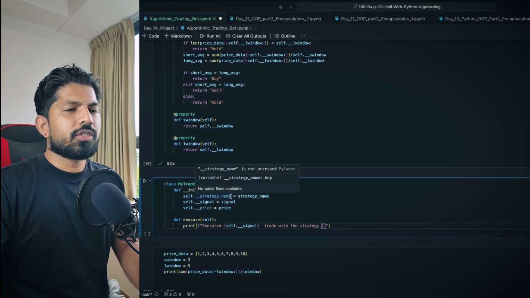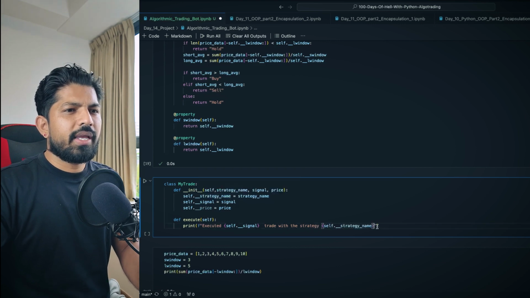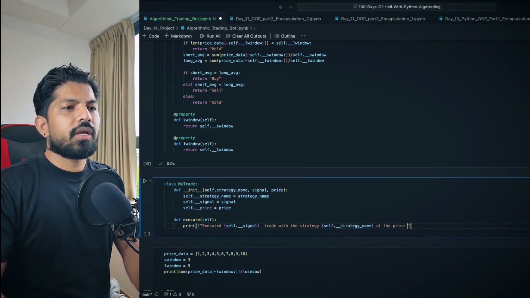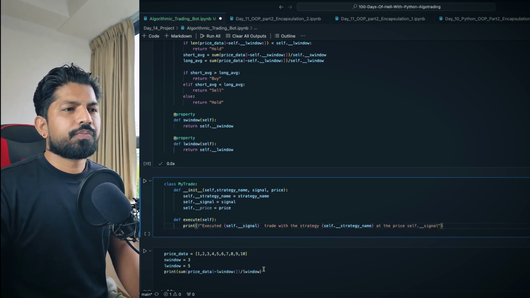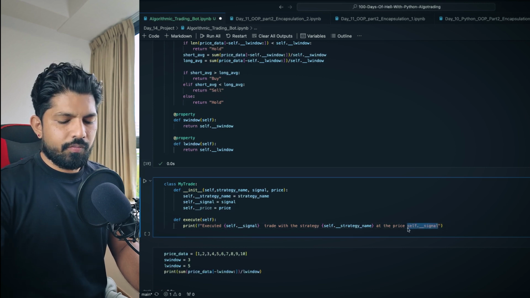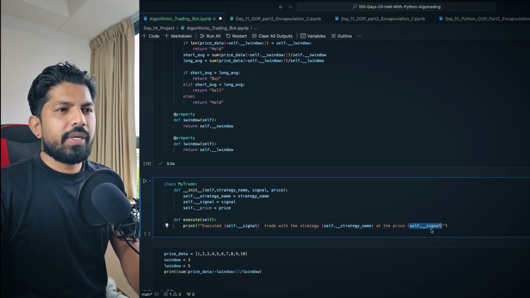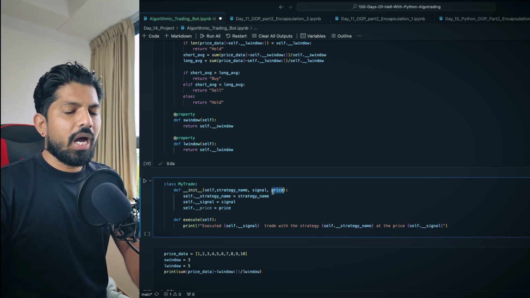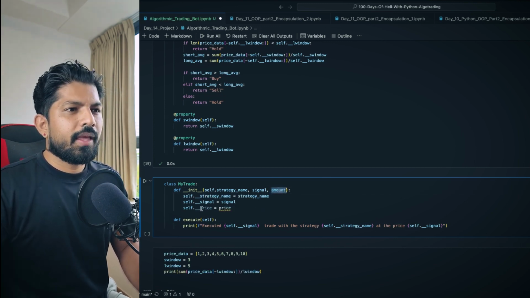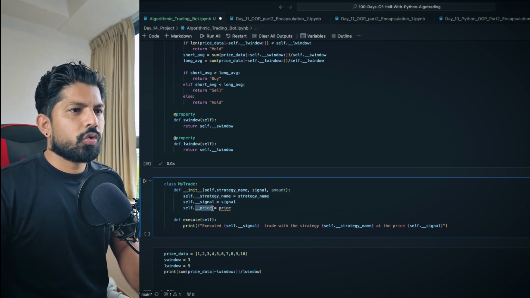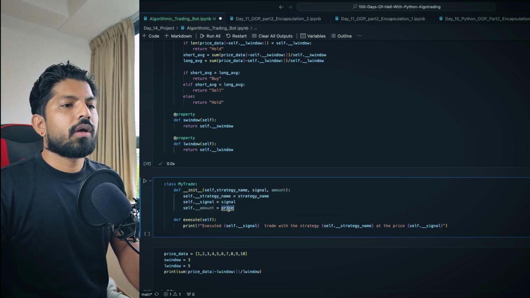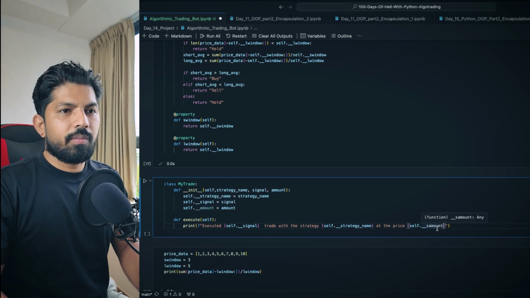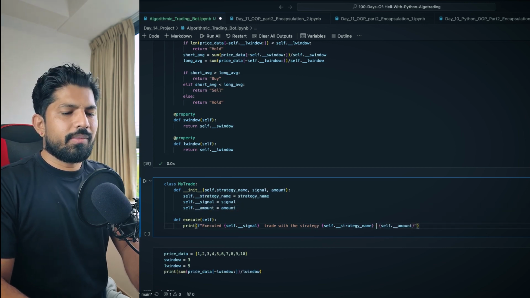So it will be this, right? And again at the price, and we can give this attribute here, right? So we have to keep this in the function, right? And actually it will be not the signal, it will be price. And in fact, it will not be the price, it will be the amount, right? For now, we don't need the price. So I'll just write the amount here, and I'll change this to also amount, and here also it will be amount. We can write here like with amount,